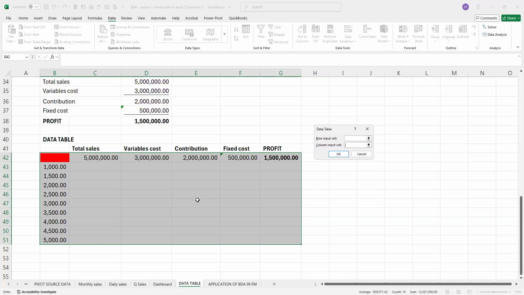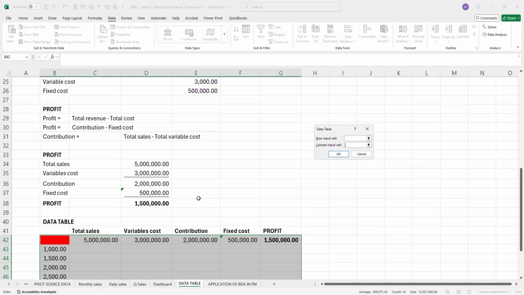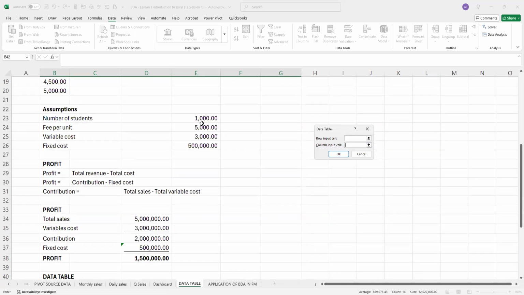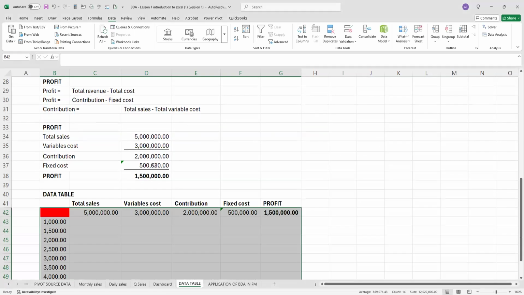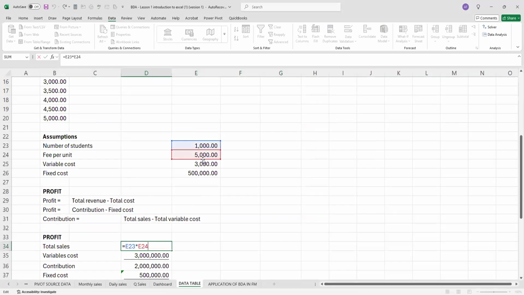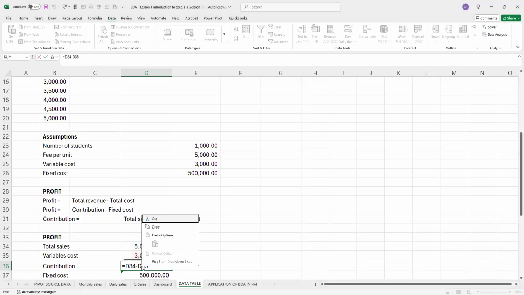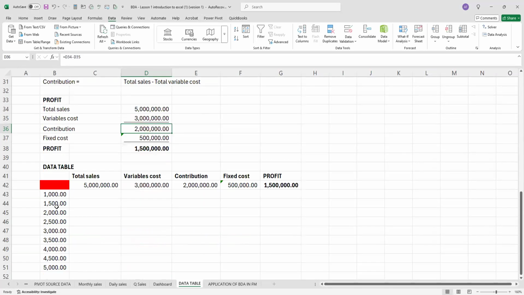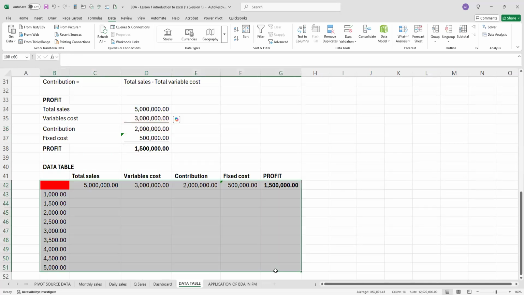Being the number of students, you go to the original data that we used. Remember, all these data are linked. Look at this case so that you can all get it clearly. For us to get this 5,000, you see, it is linked from the original data. For us to get this variable cost, it is linked from the original assumption. The contribution now, as a result of getting total sales in the other one, is also linked from the original set. So that's why after we have highlighted this set